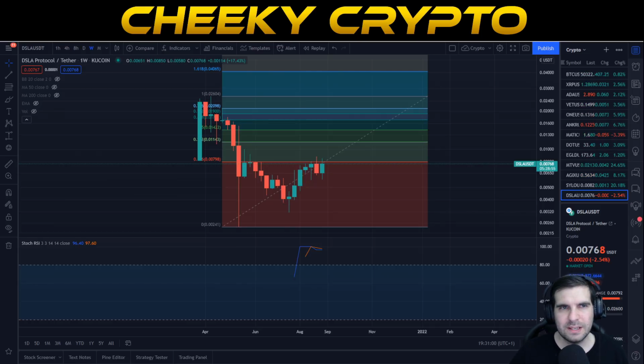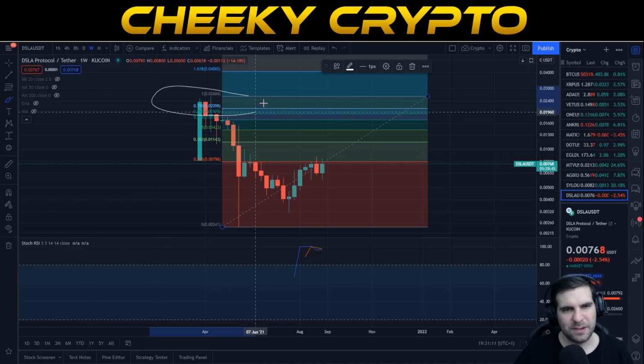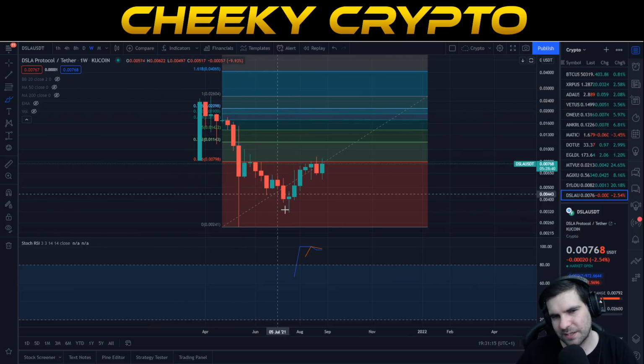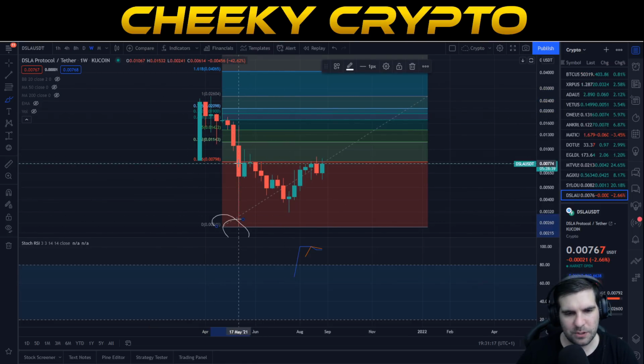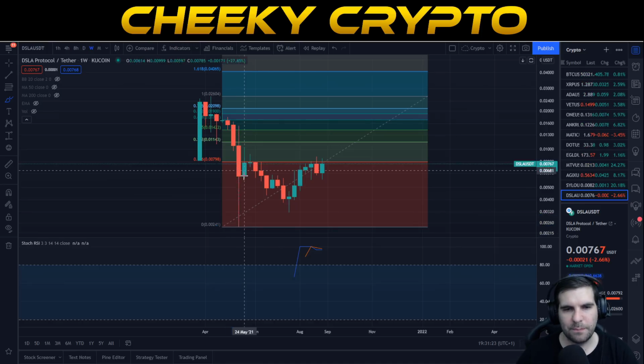With all that being said, though, let's actually jump on into the technicals. Obviously, we have a limited amount of data here. We are using KuCoin because that's what the TradingView software lets me utilize, and we haven't gotten too much information on this weekly chart, but we have a high point here of 2.6 cents, and we do have a low down here which came in at May, which saw this down as low as 0.00241. Okay, so we obviously know that there was a good low point and there was a good high point up here.